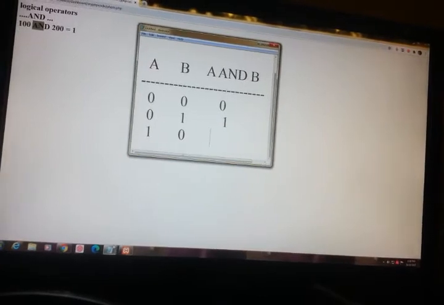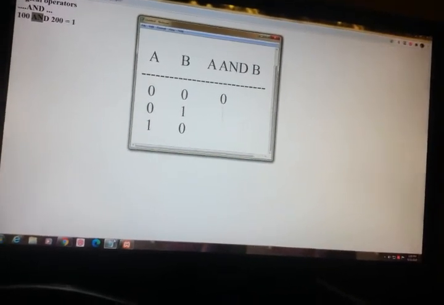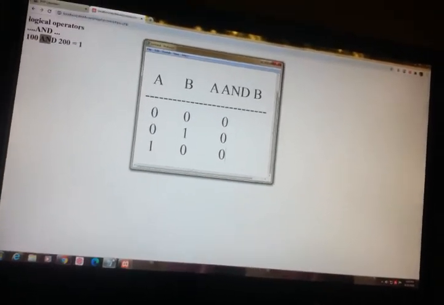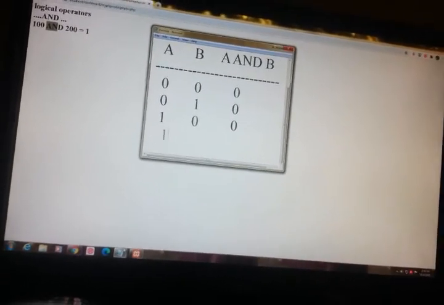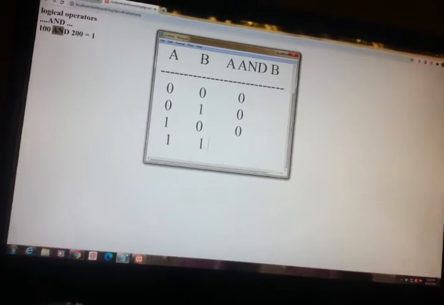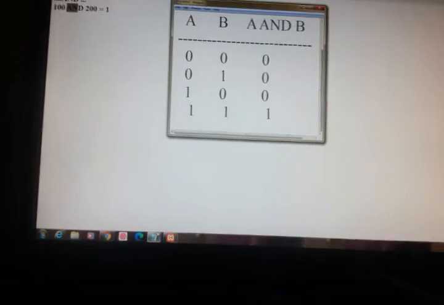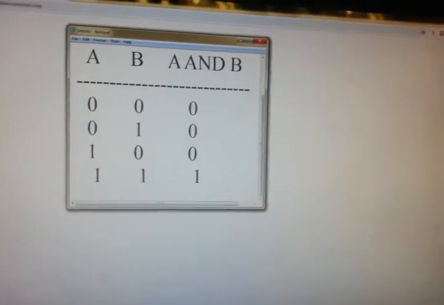So 1, 0 multiplication. Here 0 into 1 is again 0. 1 into 0 is again 0. 1, 1. 1 into 1 is 1. So this is the truth table of AND.